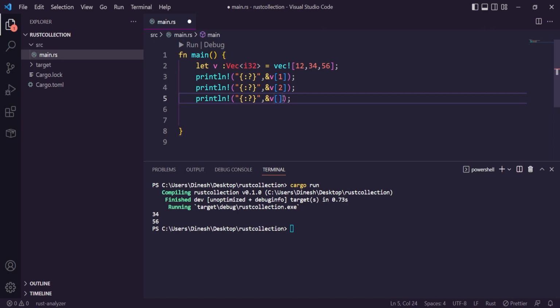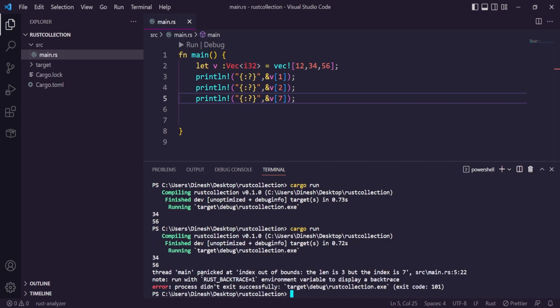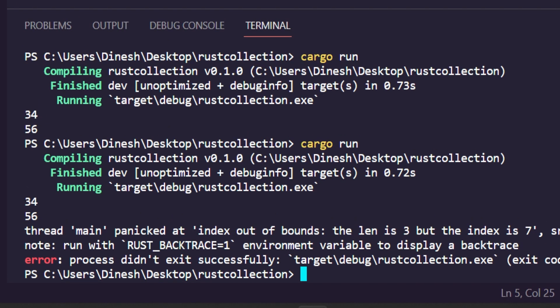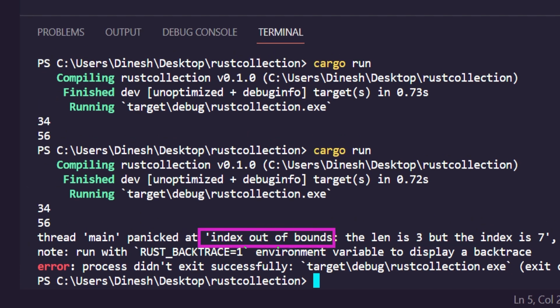If we are going to print an index which is out of scope, the compiler will panic and result in an error. Here we could see the "index out of bounds" statement, which is provided by the compiler at runtime. The length is 3, but the index is 7. It says that we are indexing the 7 in order to retrieve the 7th value, but the length of the